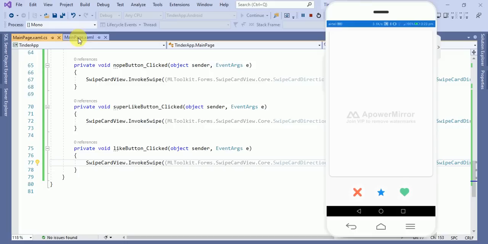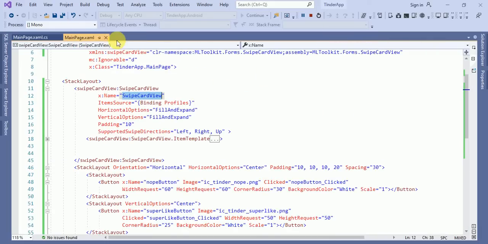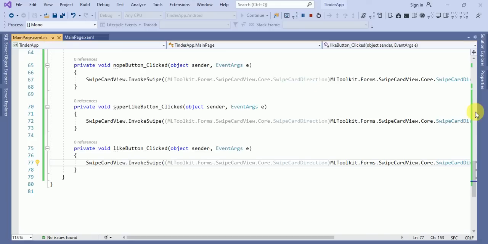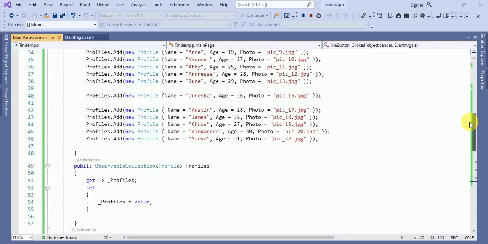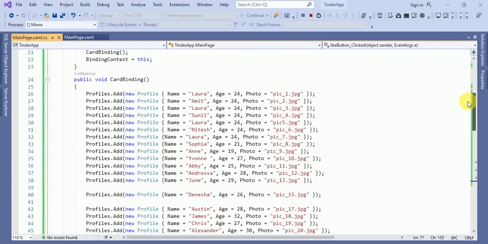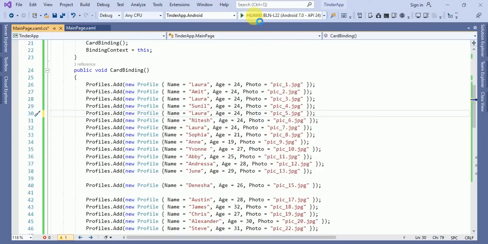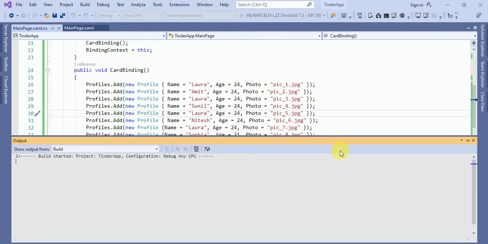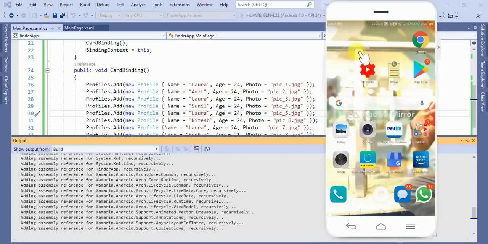So maybe we have not bound this image in the backend. So if I check, yeah, here you can see this is pic underscore 5, this should be pic underscore 5. Now run this application again and see the result.